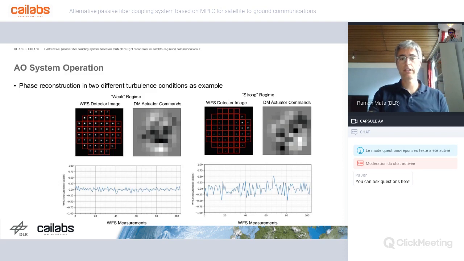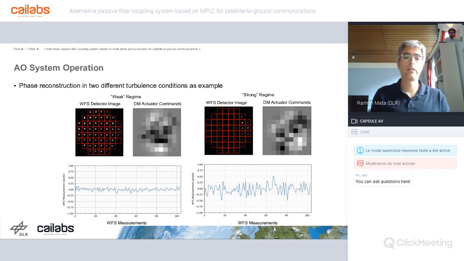You see also the image of the Shack-Hartmann on the left part and the upper part, so both left images with the grid. You see here the influence of the strong regime. In that case, we have strong turbulence and also scintillation. So some of the lenslets were not illuminated due to the scintillation, which means in those lenslets we cannot estimate the phase correctly. This is one of the challenges of strong turbulence with the standard Shack-Hartmann sensor: some of the lenslets are not illuminated.